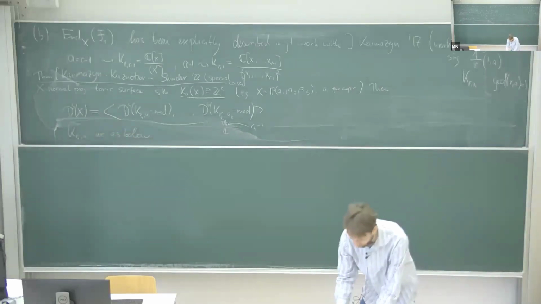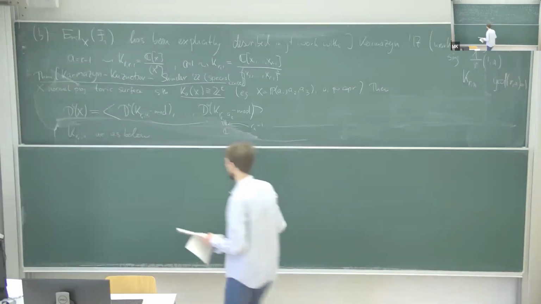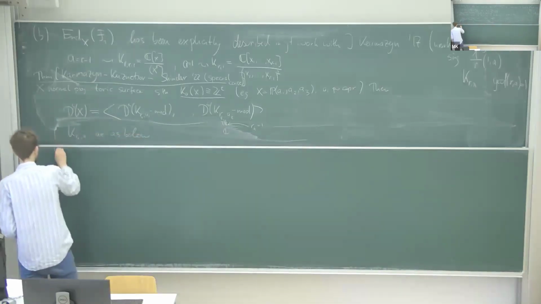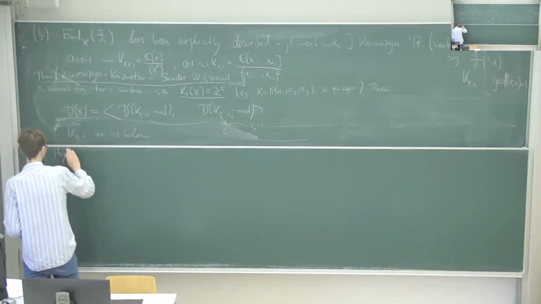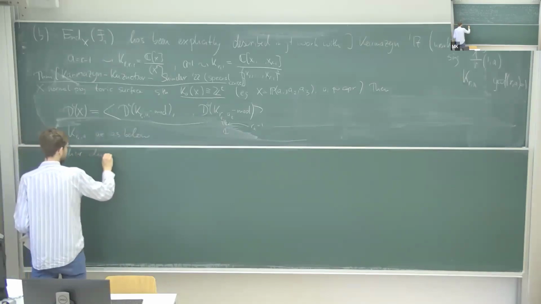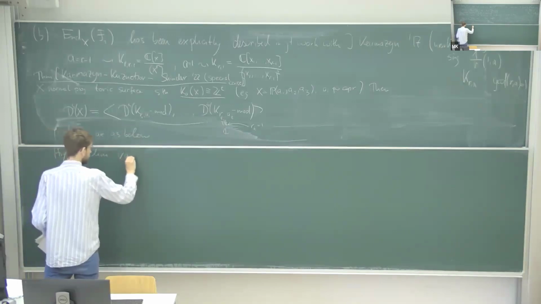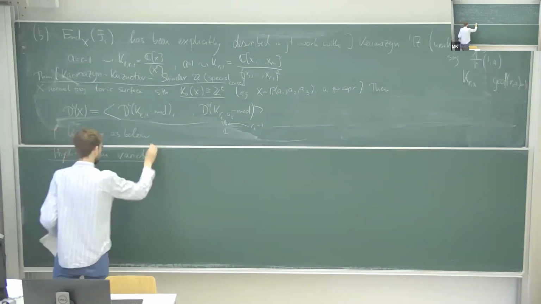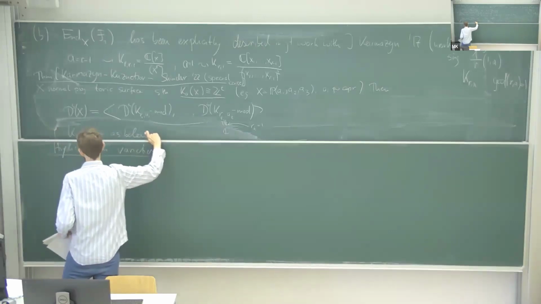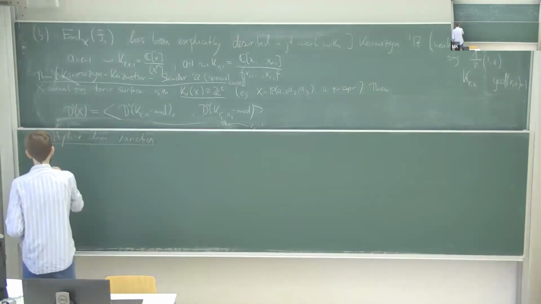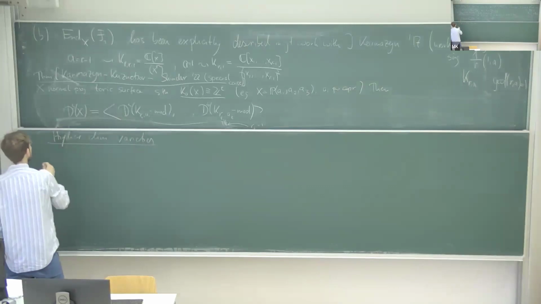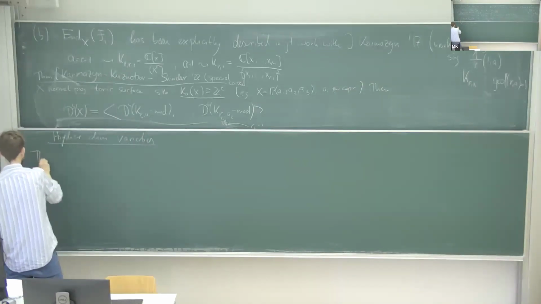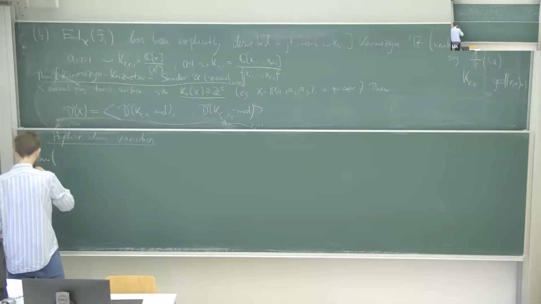So, higher dimensional varieties. Now I'm interested in generalizing this result of Karmazin, Kuznetsov, Schinder to higher dimensional varieties. And one example that we have